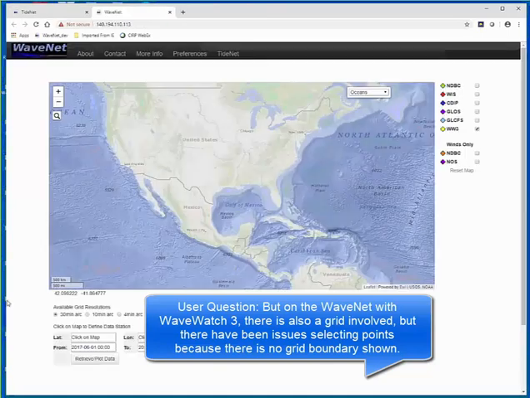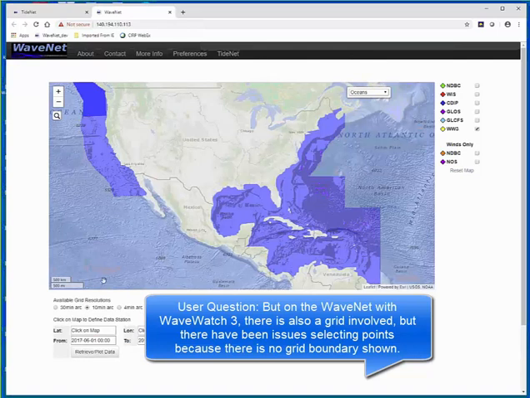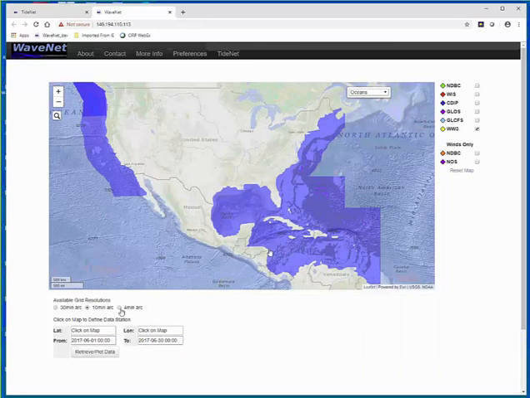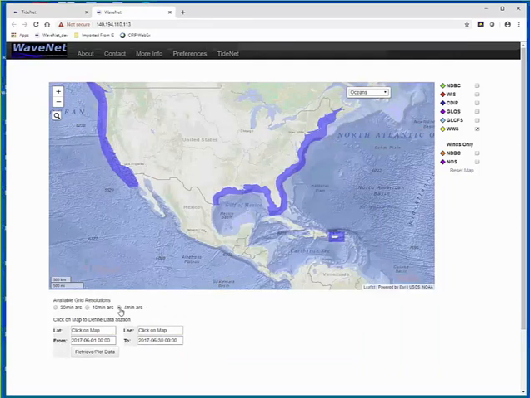Again, WaveWatch 3 is global, but we have three grids: a 30-minute arc grid, a 10-minute arc grid and a 4-minute arc grid. The 30-minute arc grid, you didn't see it here, right? But if I click 4-minute arc or 10-minute arc grid, it does show what that grid covers. The 4-minute arc grid will cover a different area. So if you don't have any data under, let's say, 30-minute arc, you need to switch to see if any of these will provide you that data. I didn't show that, but good question.